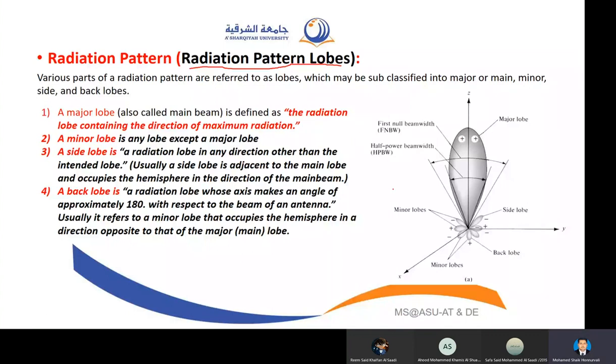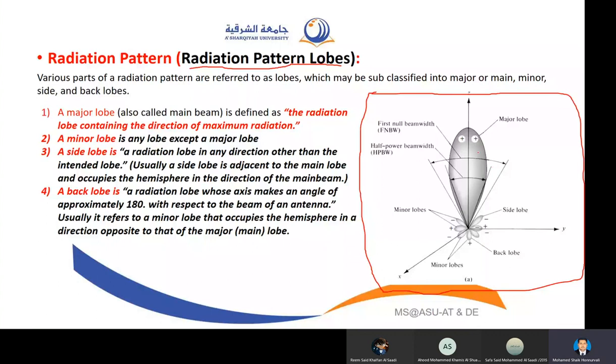Okay. Radiation pattern lobes. Whenever you observe the radiation pattern of an antenna, you may see a shape like this circular balloon shape. And again, here you have some other shape, small balloons here. This is nothing but radiation, electromagnetic waves going in that direction. Technically, we call these lobes.